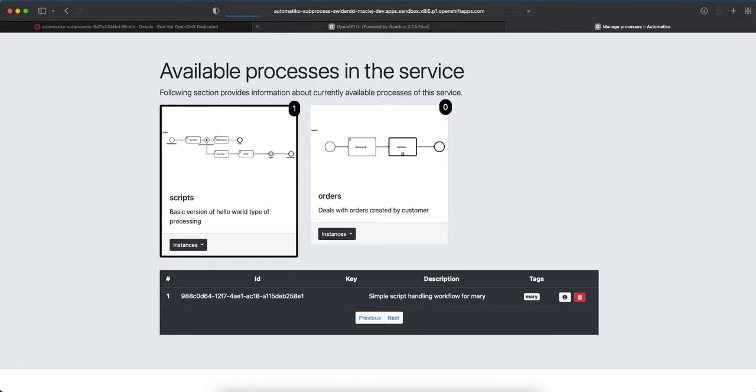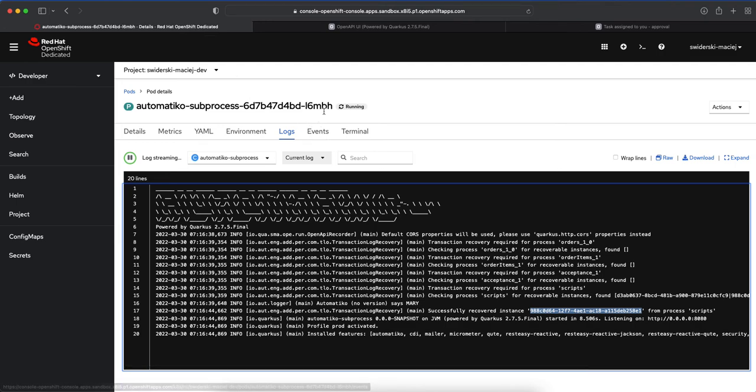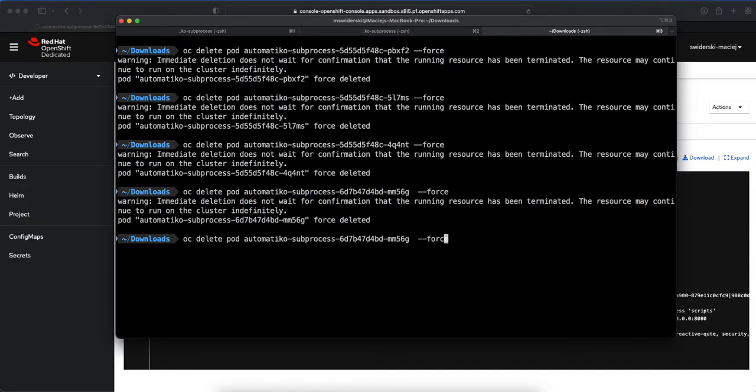Just put the route like this, and there we go. There we have a complete report. But let me illustrate another thing: it's not just for the instances that were not yet created, but also for the instances that are already created. If they fail inside the execution, they will be recovered as well, and what is important is the data will be kept as well. So let me prepare another command to kill the pod, and this time